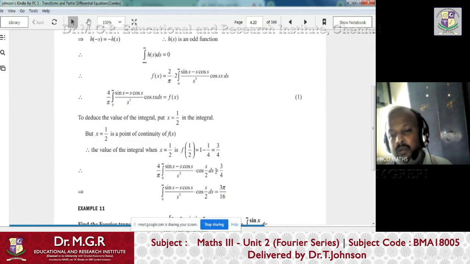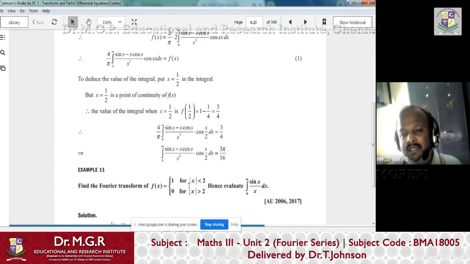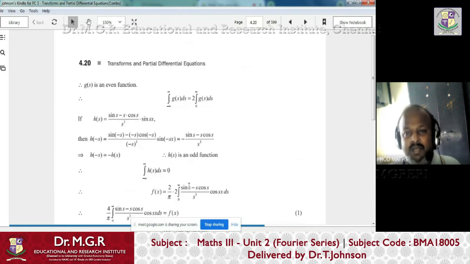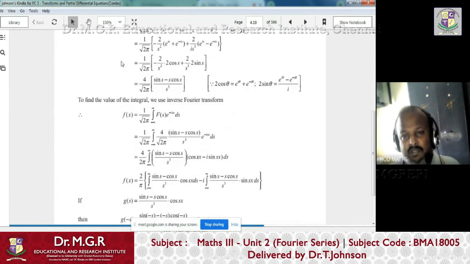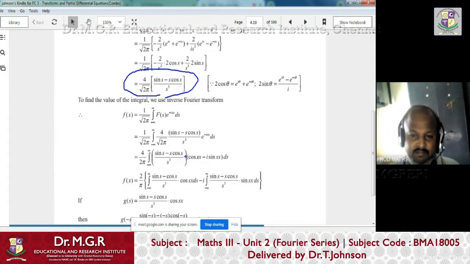But here you are understanding everything as a tool, so that you are doing problems on how to apply Fourier transform, how to apply inverse Fourier transform, and using that how to evaluate certain integrals. All these things are something like practice. At your level, this is more than sufficient, right? So this is a full 10 marks problem. You have to find the Fourier transform first, just like this, and then apply the inverse Fourier transform and find the value, right?